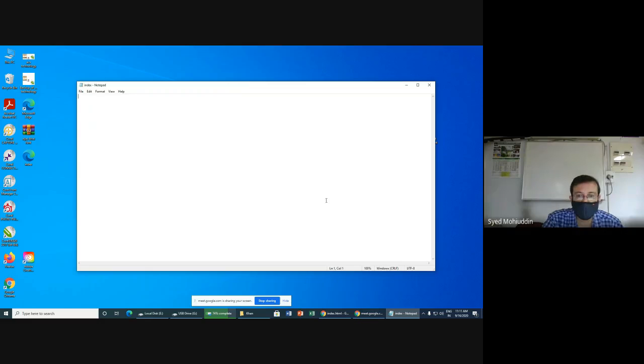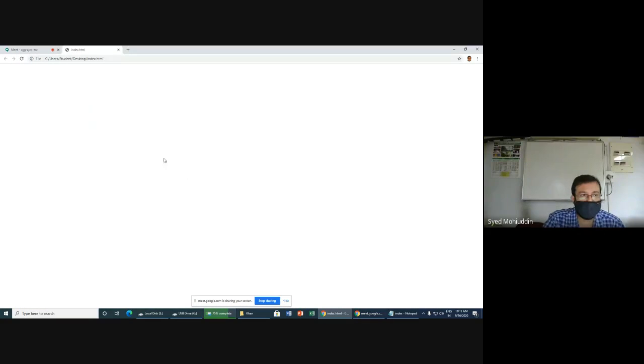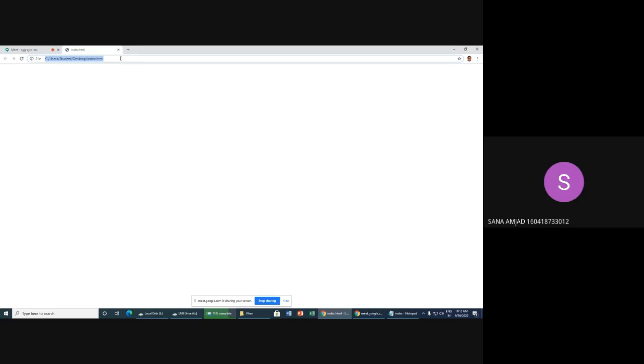Now one more thing before we proceed further. When we opened this file, it opened in a web browser, and I've just highlighted the address bar. You can see that the whole full path,